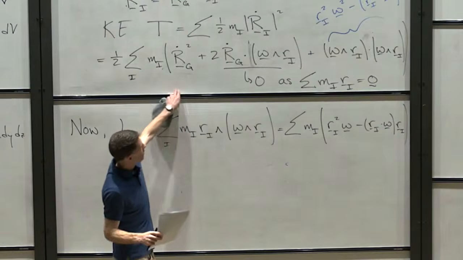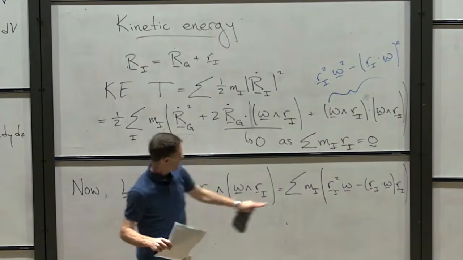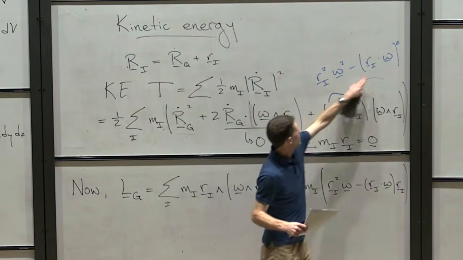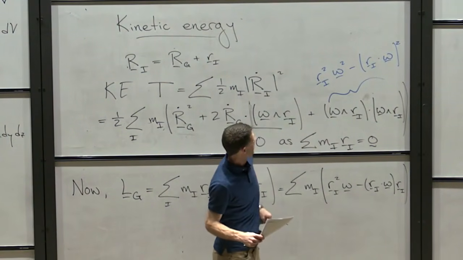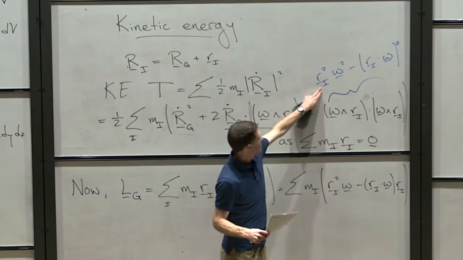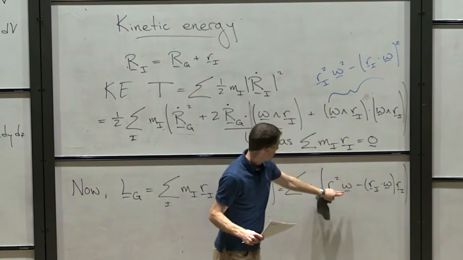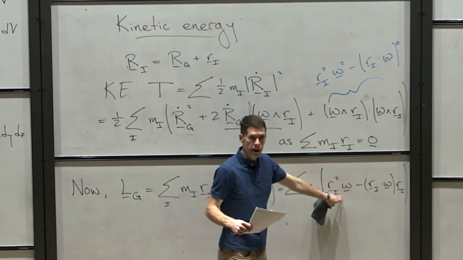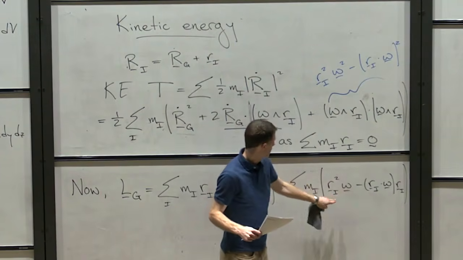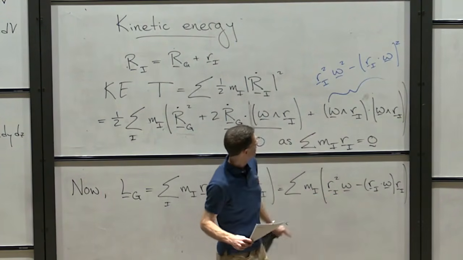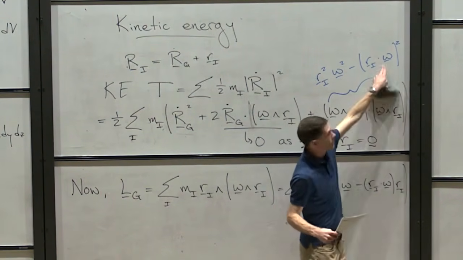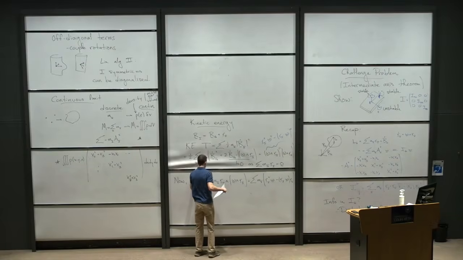And here's the trick now. If I compare that and that, this is just a dot product with omega away from that. So a dot with omega: the first term gives me an omega dot omega, the second term gives me r_i dot omega squared. So therefore,